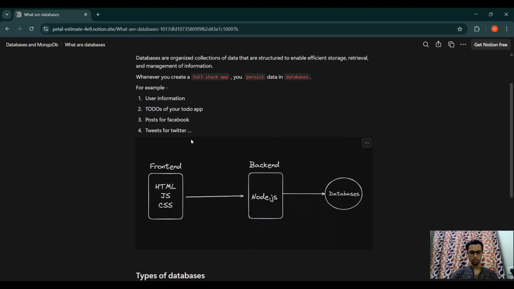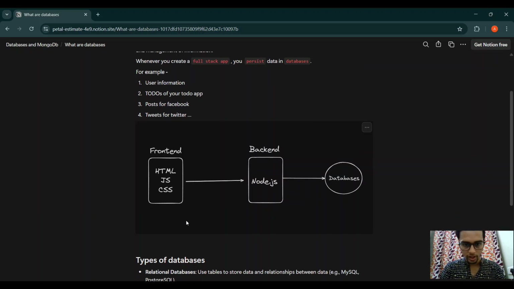In this video, you need a pretty good knowledge of JavaScript and Node.js, like Express, middleware, and JWT tokens. Nothing more than that is required. So let's start with